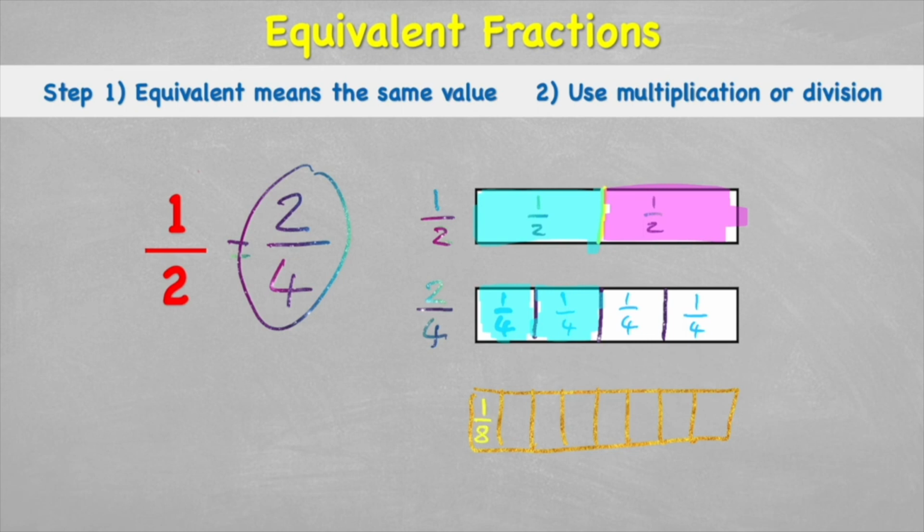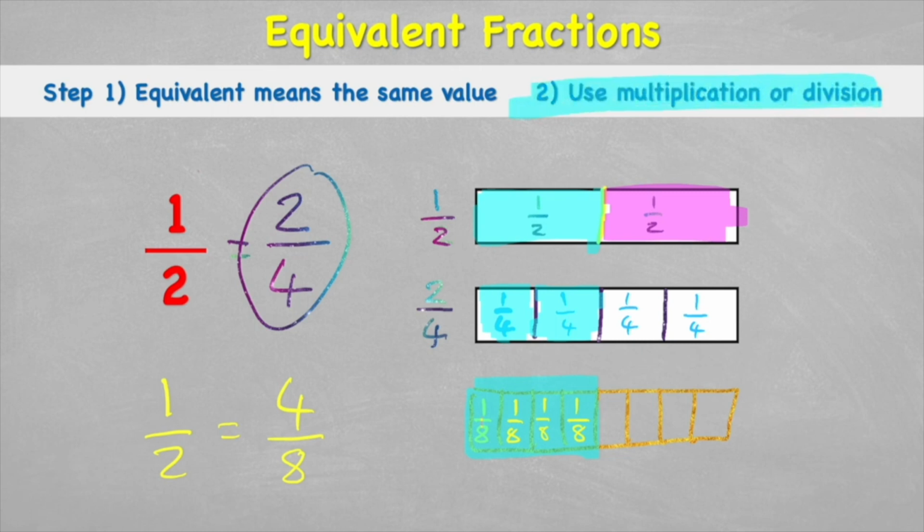Well, how many eighths do I need to get to my half, which will be all of this blue section? Well, I need 1/8, 2/8, 3/8, and 4/8. So 1/2 equals 4/8. So this is one way of looking at it, by drawing these individual pictures, but step 2 said that